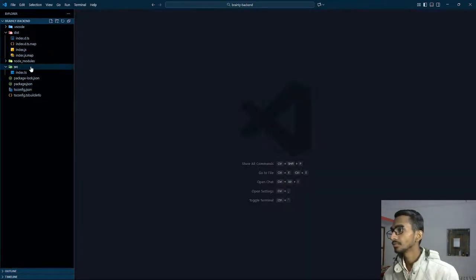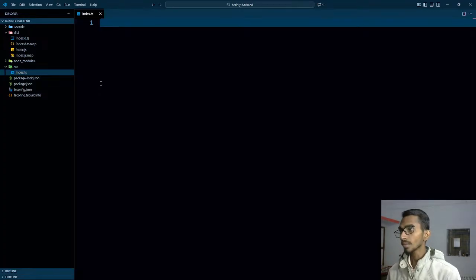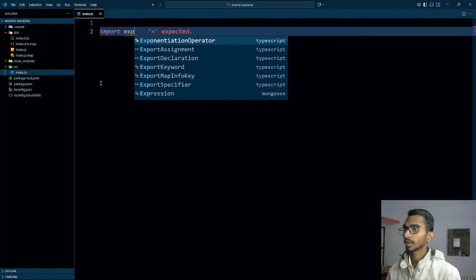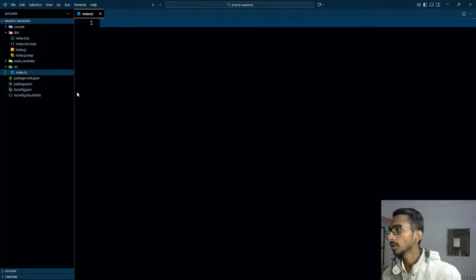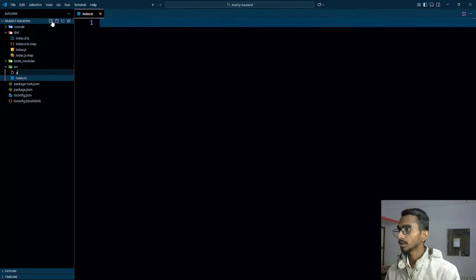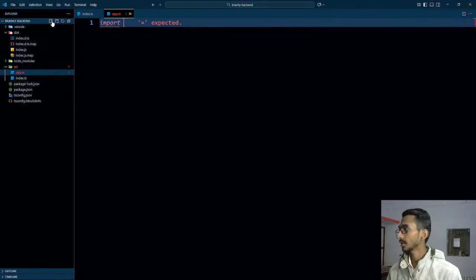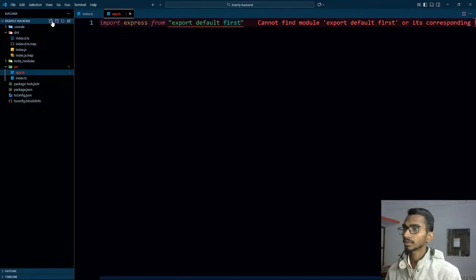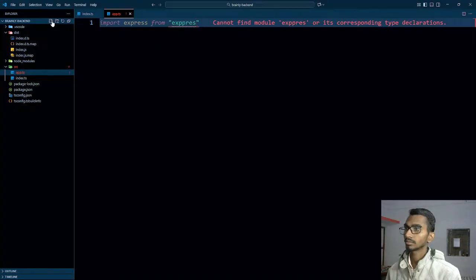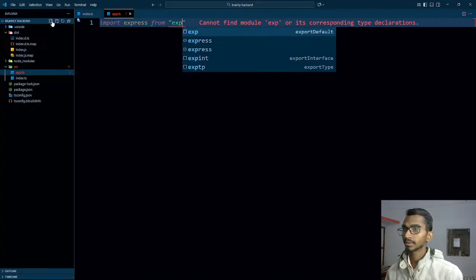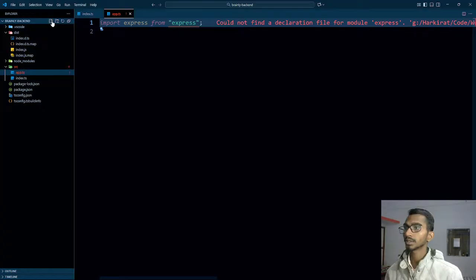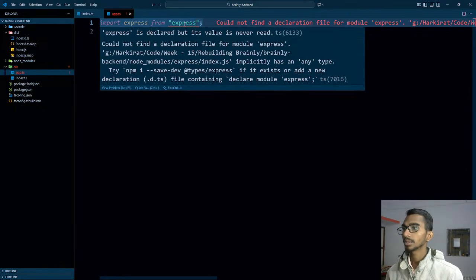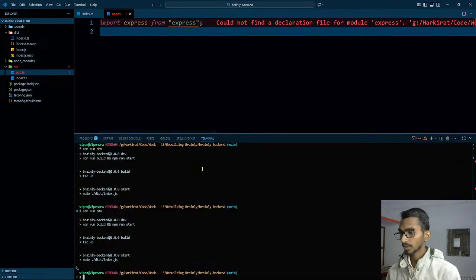Okay. Here we are. Let's import express. Let's go with proper structure. I would need an app here too. So app.ts, import app. What app? Import express from express. Can't I do it really? This much is done. The thing is that I would need to install the dependency of the express. That's okay, we can do it.